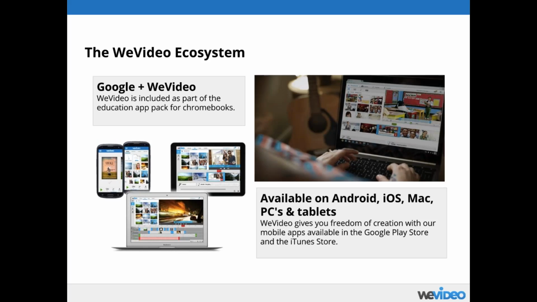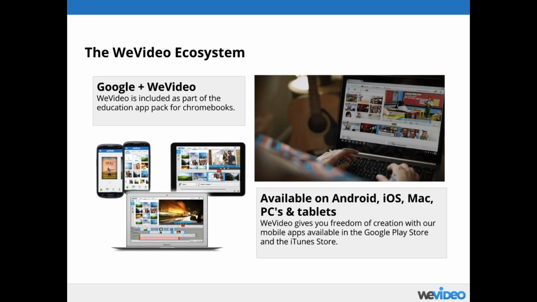In addition, I touched on the cloud-based aspect. WeVideo is actually an ecosystem, so you don't only get WeVideo on your Chromebook, but it comes with a set of companion apps for both iOS and Android devices. So mobile phones, tablets, iPads, WeVideo can work on all of these, and that provides a great way to create an entire process of making videos, starting from shooting video on your phone or tablet, doing some basic editing there, and then transferring that content with the click of a button to your Chromebook to continue to polish that content and finish that video.